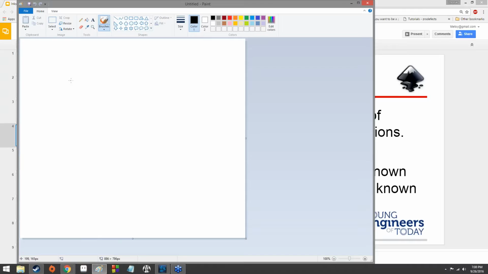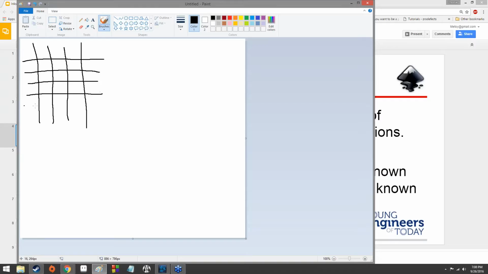I'm actually unsure on the definition of raster, but essentially what they are is just a grid of individual pixels. Here's me drawing my grid. Ooh, look at that grid. I put way too many squares in this grid. And some of these squares in the grid might be colored in. And that's how you get your picture, by coloring in these squares